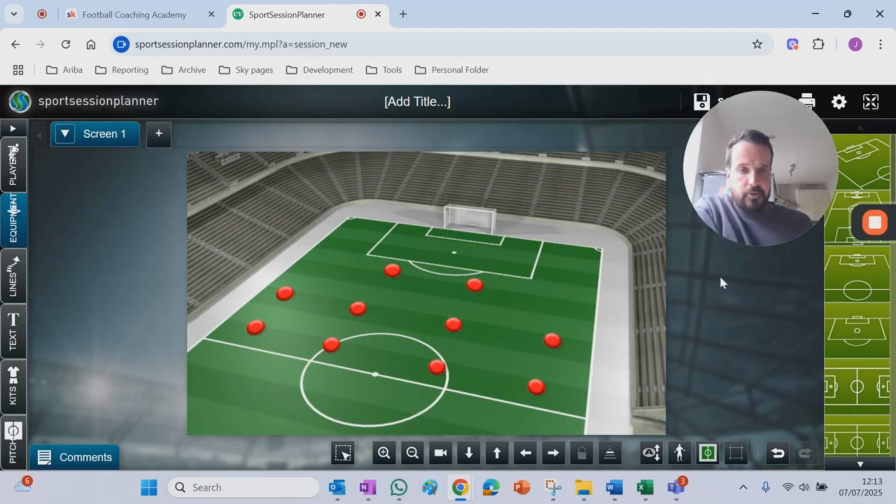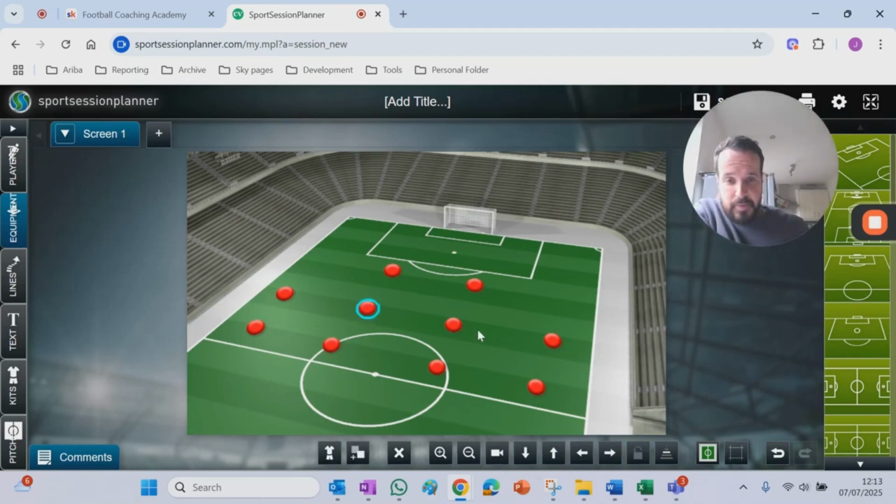Okay, so the 4-4-2 often gets a bad rap nowadays. It's seen as a bit of a prehistoric formation, a bit of a dinosaur, mainly because of the midfield setup, because we're often against three opposition midfielders now. But I think there's loads of merit in the 4-4-2, and I think there's loads of ways that we can still use the 4-4-2 and get value from it, and maybe look to use it in